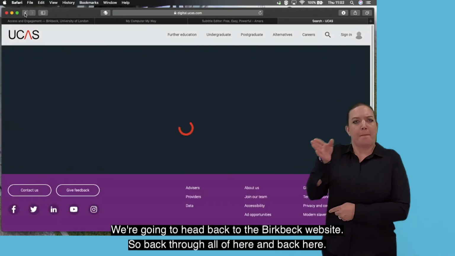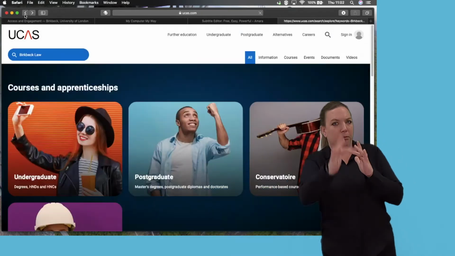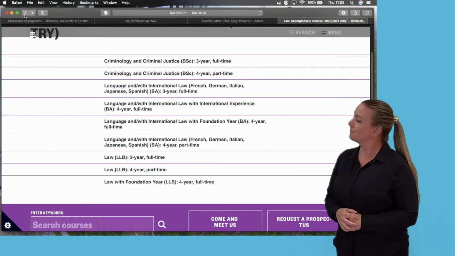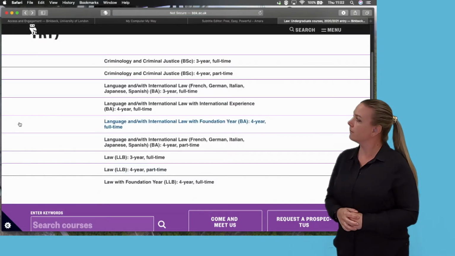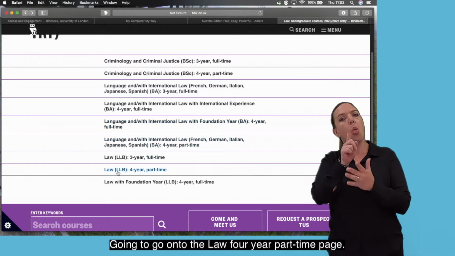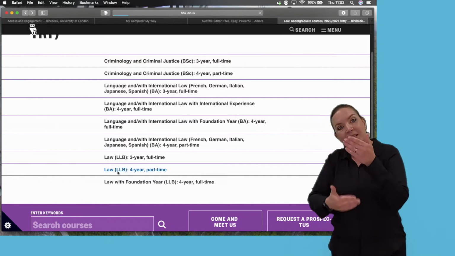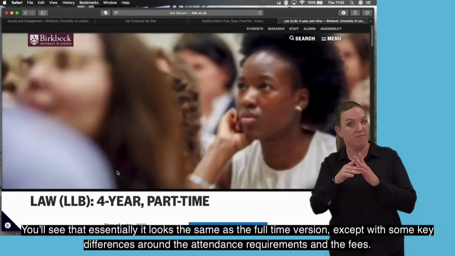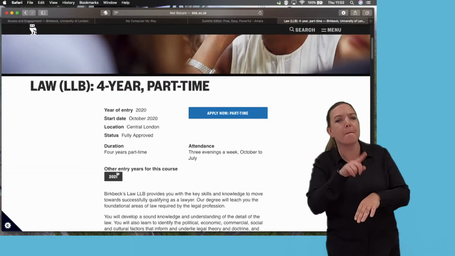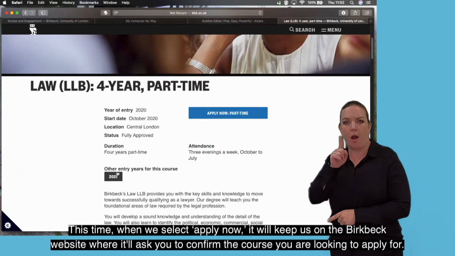We're going to head back to the Birkbeck website. So back through all of here, back here. I'm going to go on to the Law 4-year part-time page. You'll see that essentially it looks the same as the full-time version, except with some key differences around the attendance